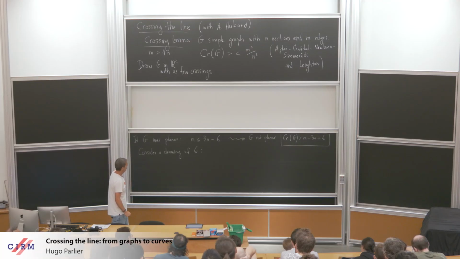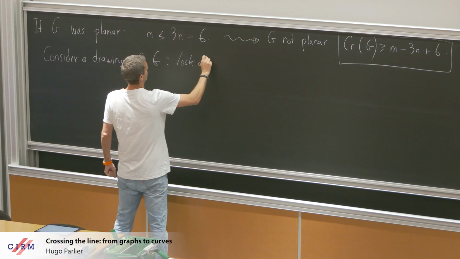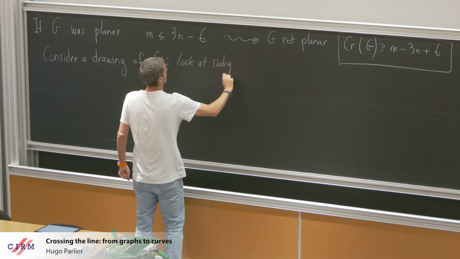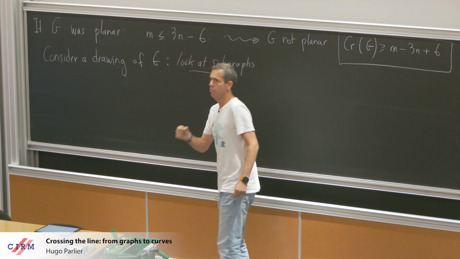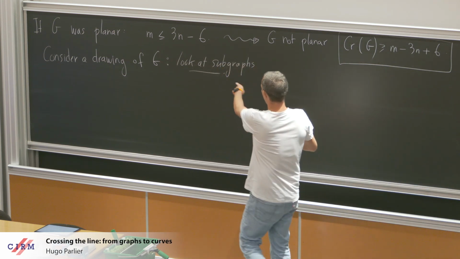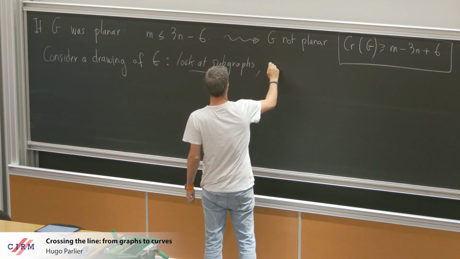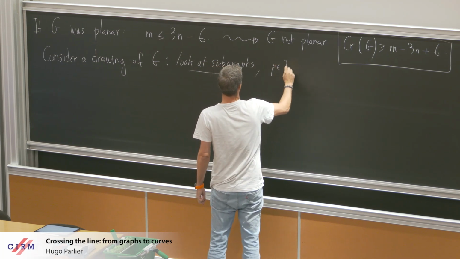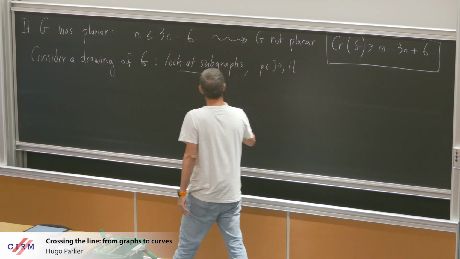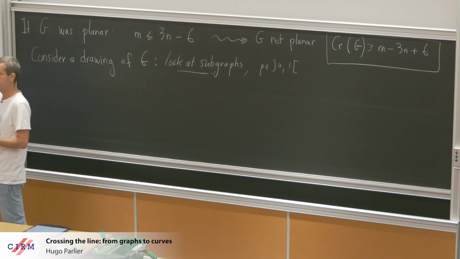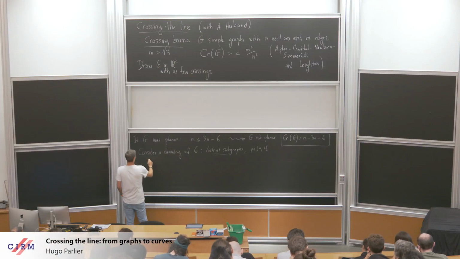And then what you do is you look at subgraphs that you get by choosing vertices randomly with respect to some number. So more precisely, you fix p somewhere in between 0 and 1. Okay, and then what you do is you choose every vertex of your drawing with probability p. Okay, so you get a subgraph,